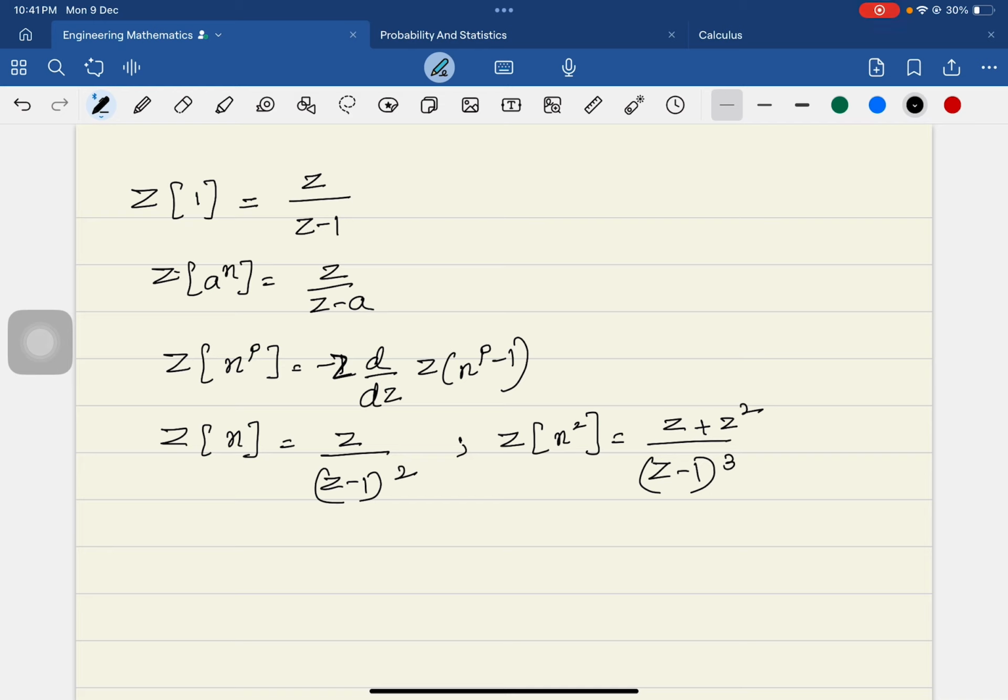So this is what your observations. You have to remember these. Z over z minus 1 is Z of 1. A power n is z by z minus a. N power p is this. Z of n is z by z minus 1 the whole square. Z of n square is z square plus z by z minus 1 the whole cube. Is that clear? So these are the very important rules which we have to